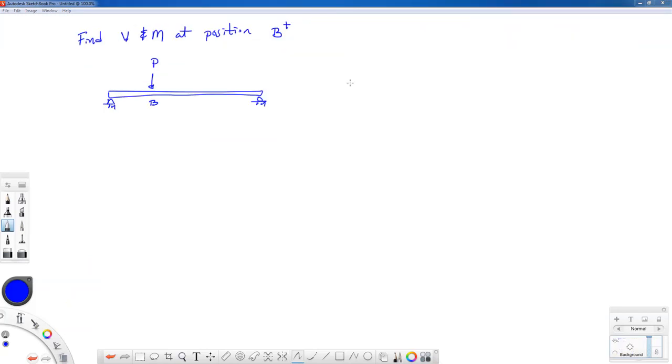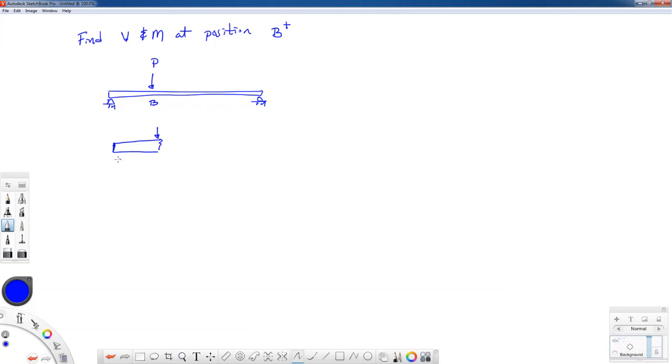Sometimes in our book they will say something like, find the shear force and bending moment at position B plus, and they'll show you a beam. Here I have a simply supported beam with a load P, and that load P is right at that point B. Now what they mean by at position B plus means just a little bit to the right of point B. So point B plus, free body diagram, would look like this,